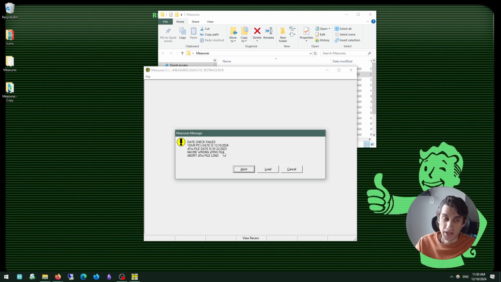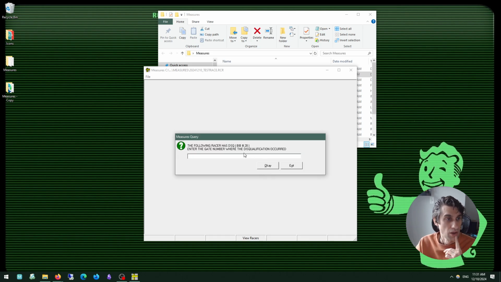I'm using an old one, that's why this is coming up. But if this shows up during your day of race, it's a little notice to say, hey, you might be loading the incorrect file. So I'm going to say load. Now what this does, Dietrich